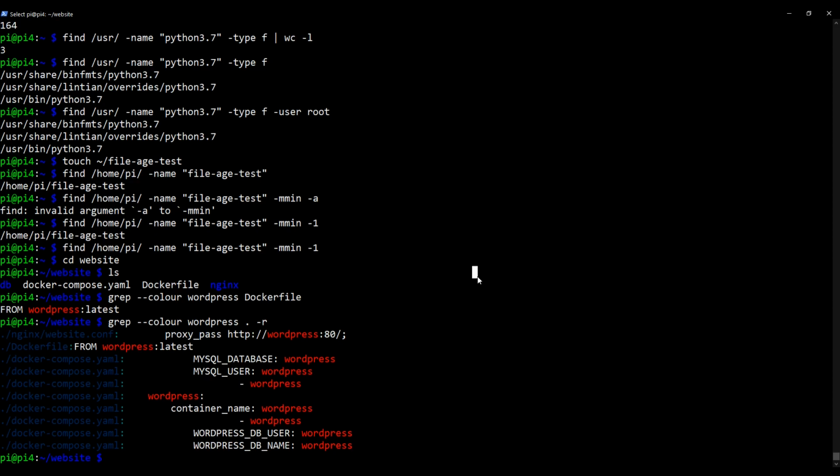It doesn't matter that I'm in the website directory because I won't be searching as though I'm in it. So let's forget the fact I'm in it at the moment. I'm going to type in grep. I'm going to colour it because I like to colour my results. I'm going to then search for the following: "from wordpress:". Now, like I say, I just know that this is a Docker file somewhere and that it's for WordPress. Therefore, I know that it's going to have that string in it somewhere,